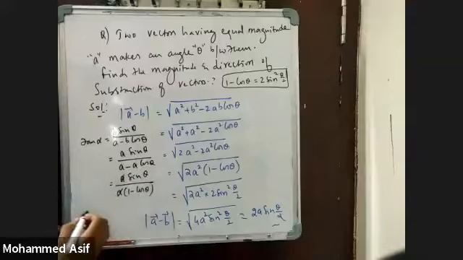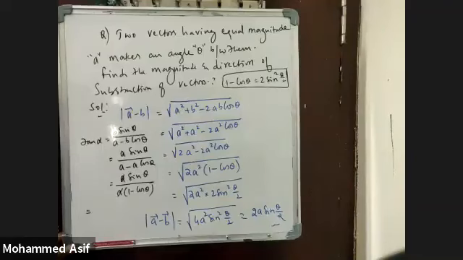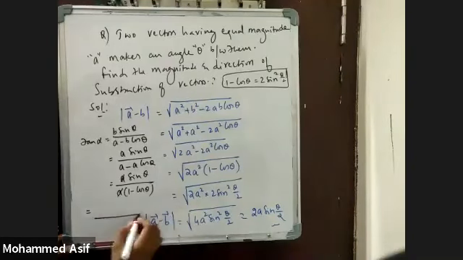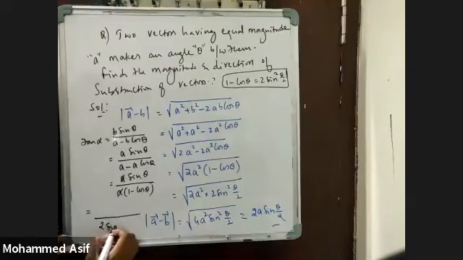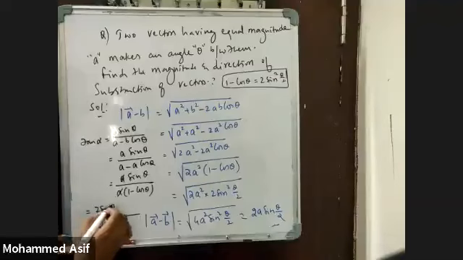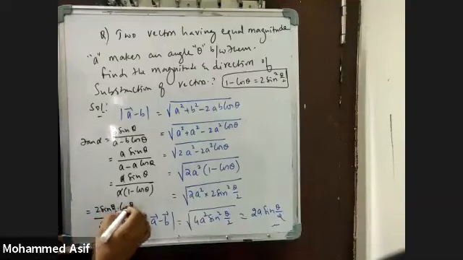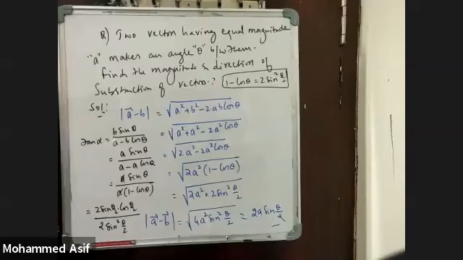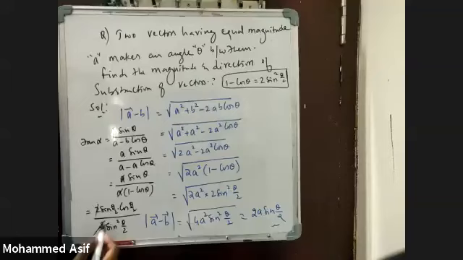A and a gets cancelled. So this one is nothing but sin theta by 1 minus cos theta. 1 minus cos theta can be written as 2 sin square theta by 2, just now I told you. Sin theta can be written as 2 sin theta by 2 into cos theta by 2. So if I simplify this one, 1 sin theta by 2 gets cancelled, this 2 also gets cancelled, and this one and this square will get cancelled for me.